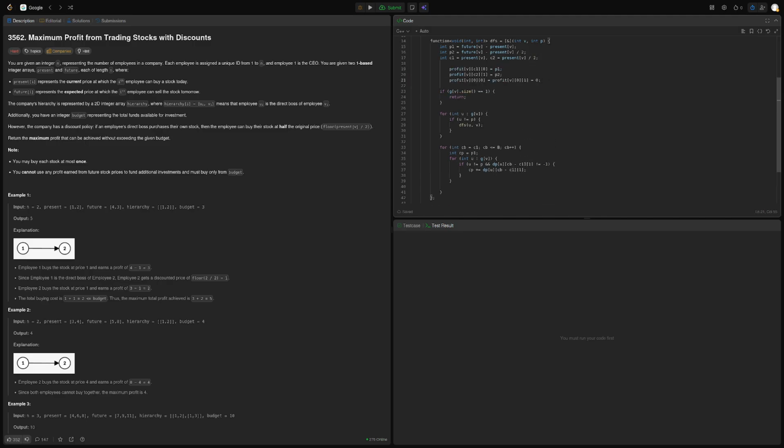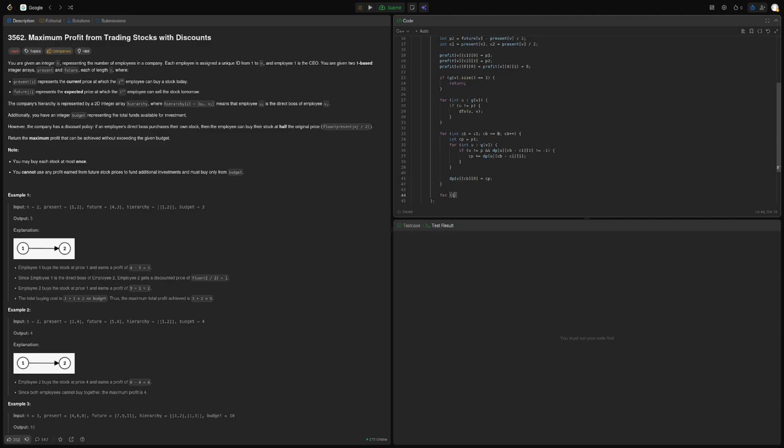Maybe I can set it all here. So what do we do? Well, we bought here, but our boss didn't buy. So DP vertex CB, and our boss didn't buy, is equal to current profit, maybe, I'm not sure. And then we do the same thing for